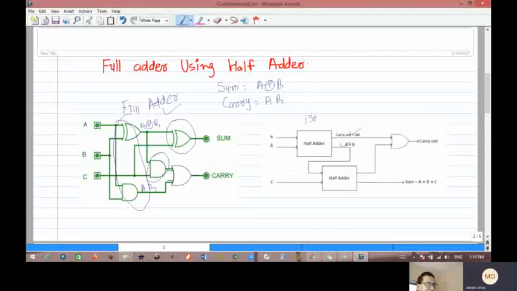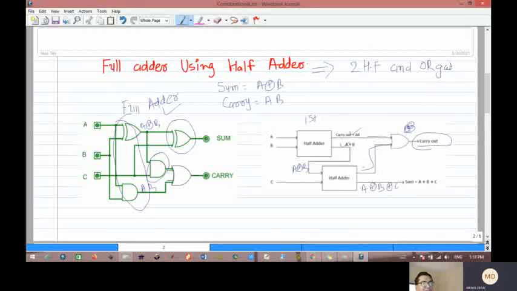So whatever we are getting as A XOR B, again it is applied to another half adder. So here we get the sum A XOR B XOR Cin, and here whatever carry is received from the other half adder, both carries go through an ORing operation, means both carries are added. So finally we get the output. So for a full adder using half adders, we require 2 half adder circuits and 1 OR gate.